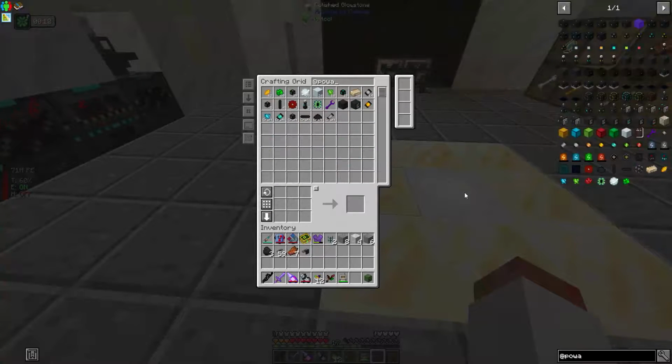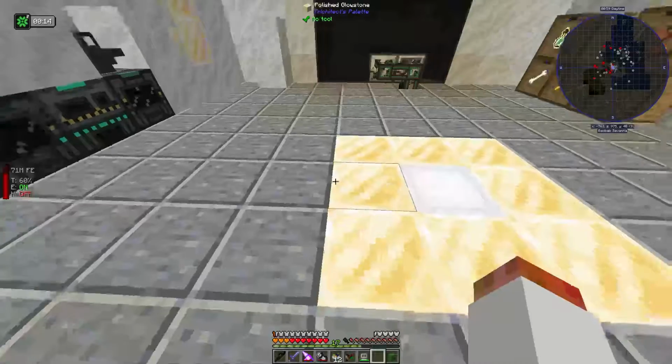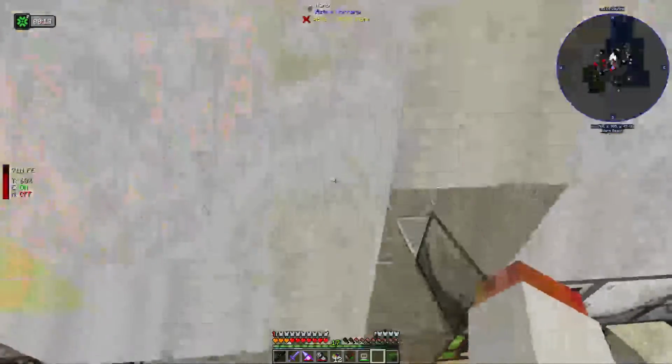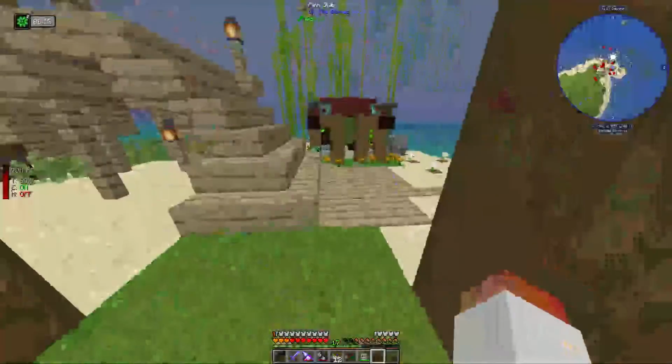So Powah, if we go into here and let's say automate that, actually not that, but this, that, and honestly that, and those, because Uranite is actually something that eventually I want to have a crafting card into here, so that we automatically have all the Uranite needed for that. But for right now. So if we go back up here,